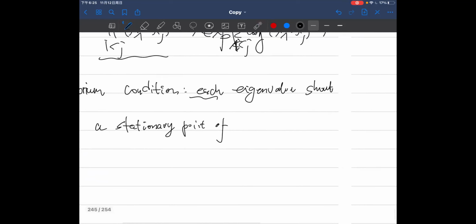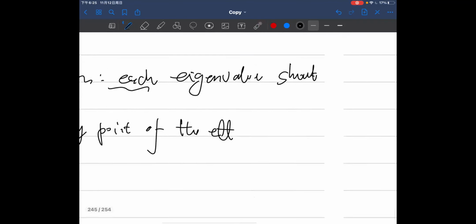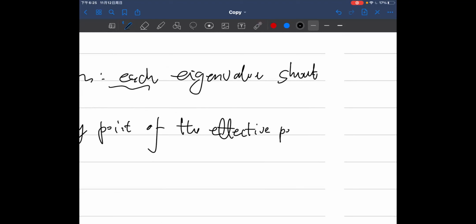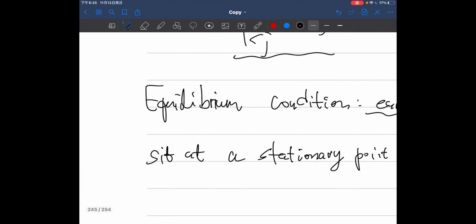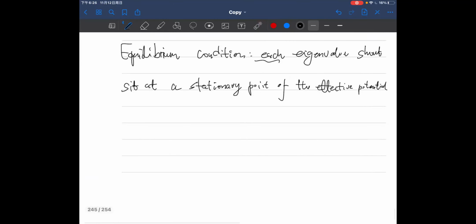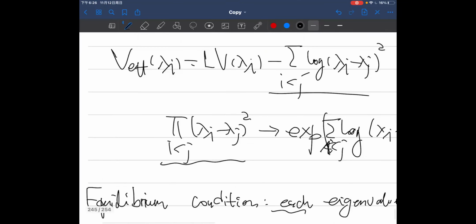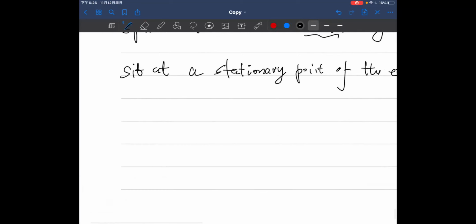So this should be the stationary point of the effective potential. Okay, so we can write the model as a continuous approximation. Yes, we just change the discrete eigenvalue to the continuous version. The continuous version for this term, that is log. We just fix lambda I. For a certain lambda I, which